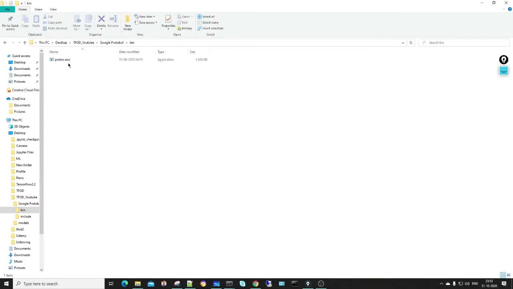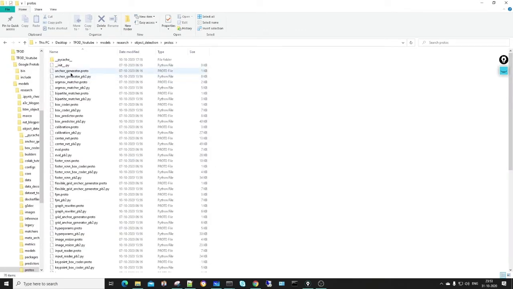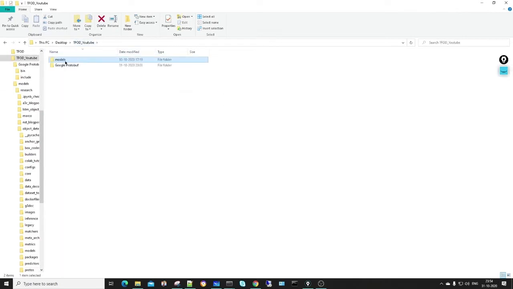It has some scripts. We have some proto files. These are proto files, and we have to convert these proto files into Python format. And this I have already done in this folder. If you download this, let me tell you where I have extracted or copied or downloaded these files and folders from. It is in the GitHub directory uploaded by TensorFlow.